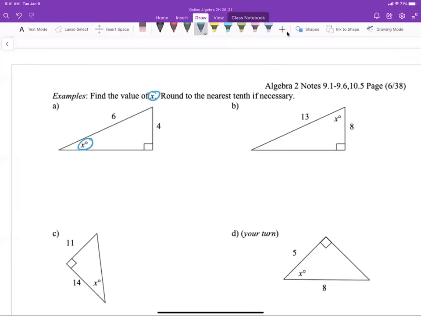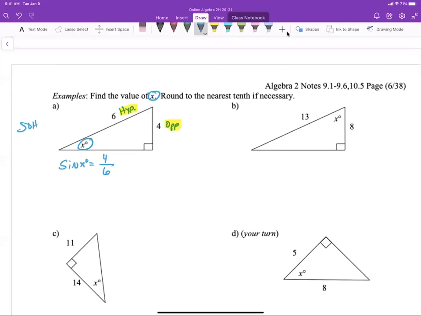I know its opposite side, and I know the hypotenuse of that triangle. So I'm going to have to pick a trig function that has something to do with opposite and hypotenuse. And hopefully you see, based on SOHCAHTOA, that is sine. So sine of x is equal to the ratio of the opposite,